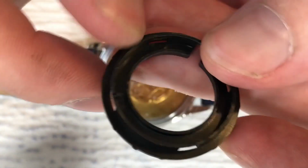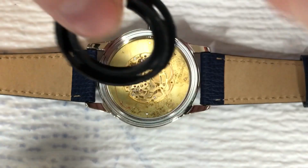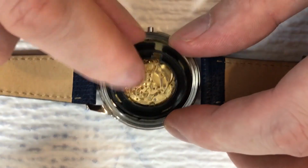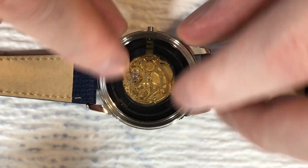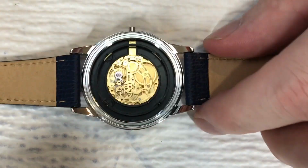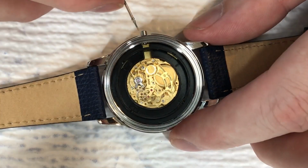and on the movement holder there's the notch that will go into it, and so you want to put it in this direction and then push down toward the stem at 3. So that's what we're going to do, and it should slide in there. You don't have to force it. If you find yourself forcing anything with putting a watch together or taking it apart, you're probably doing it wrong. And then we can